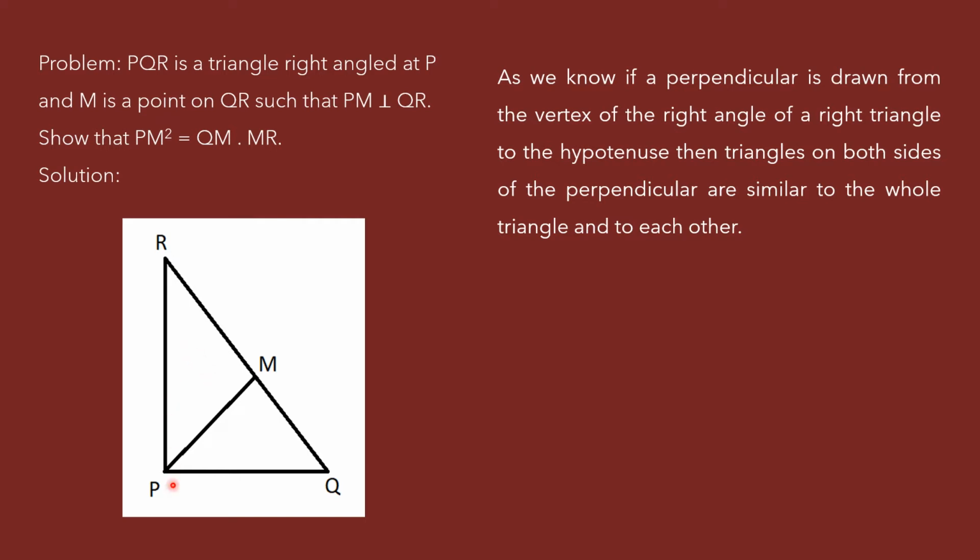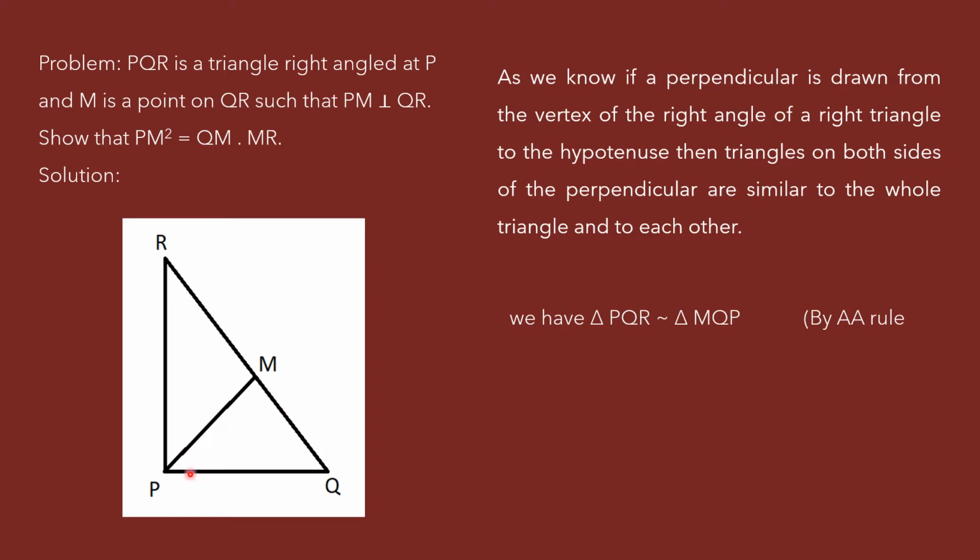Firstly, the whole triangle is PQR. Here you can see P is a right angle. Now I should start with the right angle M. MQP I have to write. See what I am writing here, triangle PQR. I have taken triangle PQR. I have to write the similar triangle for this. Now I have to take any one of these two. Let me take this small triangle PQM.